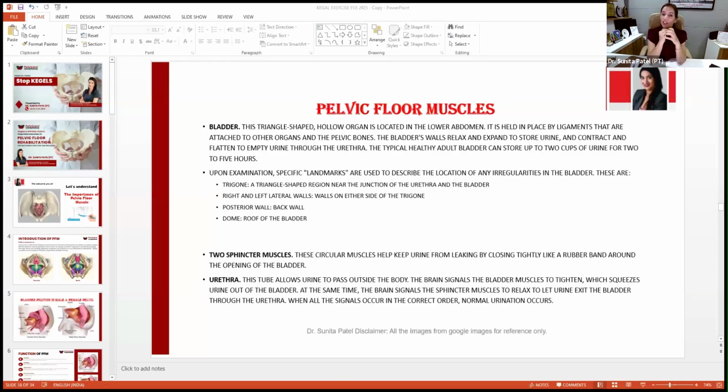If you teach her Kegel, she will not end up doing the right contraction or right activation of the muscles, because the muscles are not active. She will keep doing the squeeze from glutes, adductors, and abdominals. Those will get overactive, and the pelvic floor muscles will keep going underactive because they are already underactive. They don't have any action, so how will they squeeze, how will they lift, isn't it? This is very important. Check your patient. If there is no action, no contraction, Kegel will fail completely.